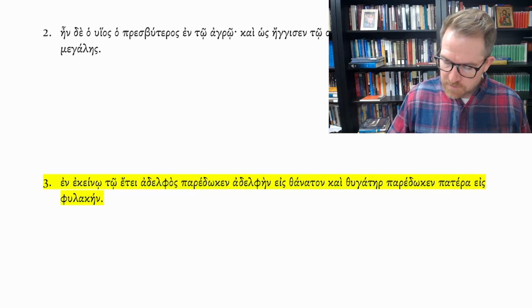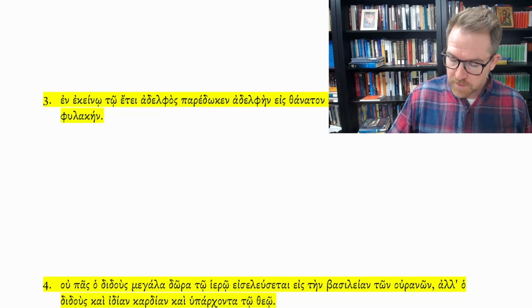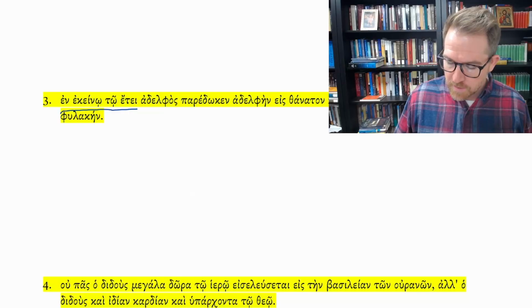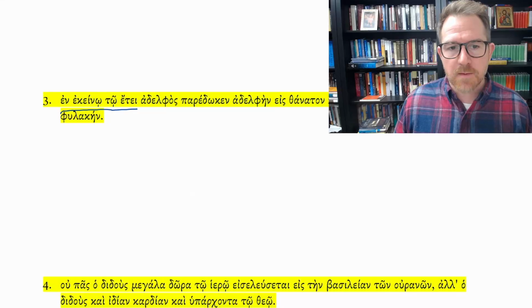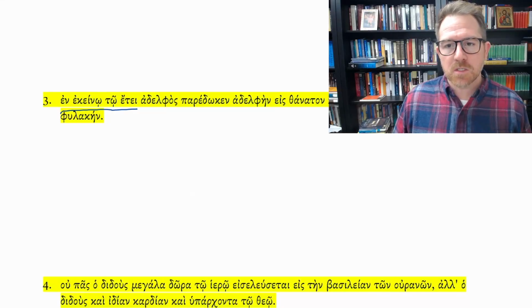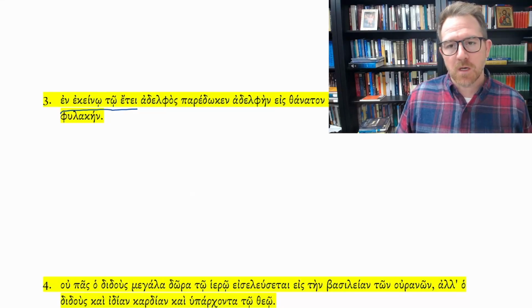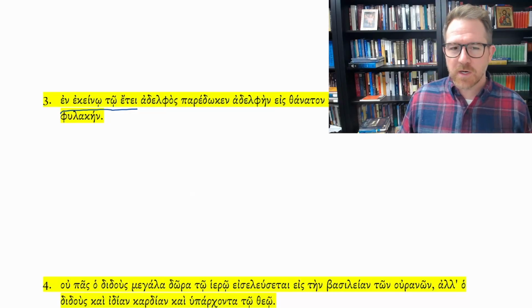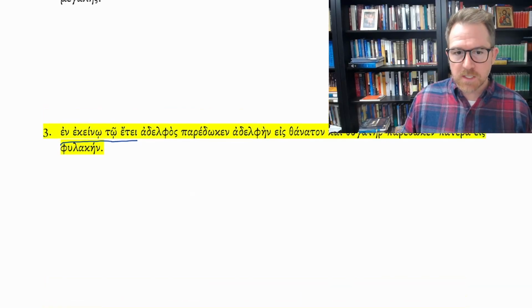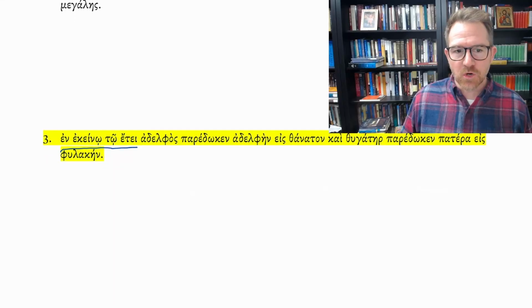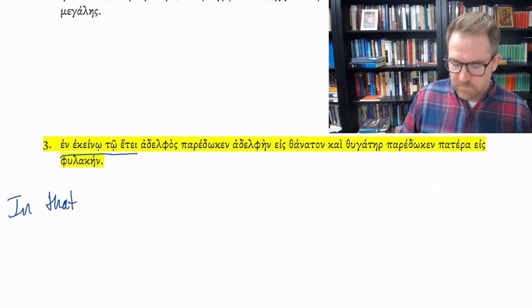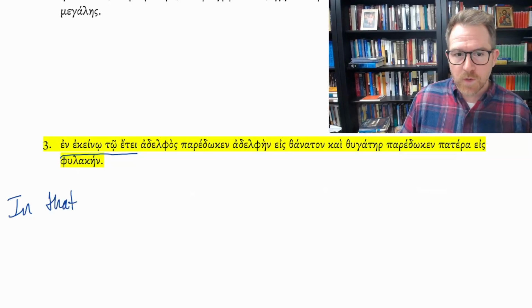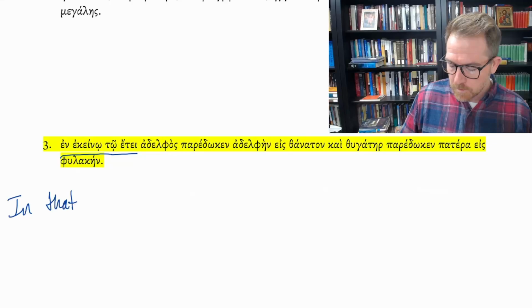So we have in this beginning phrase a prepositional phrase, en ekeinō tō etei. You usually see this phrase, en ekeinē tē hēmera, in that day. Matthew likes this phrase a lot. This is an interesting use of the phrase because it's not in that day, it's in that year. Croy is giving you this example because he wants you to look at the new vocabulary of year. In that year, a brother,